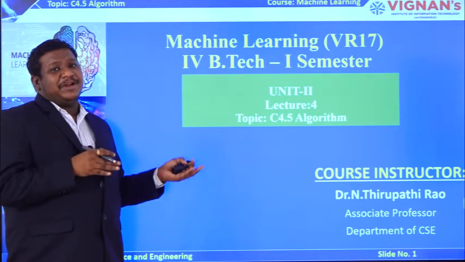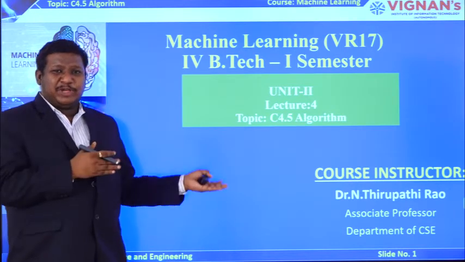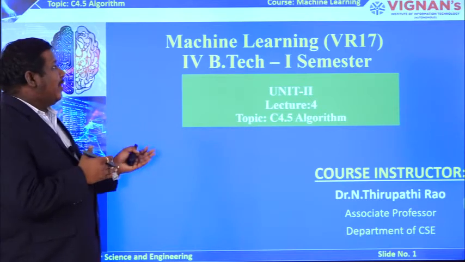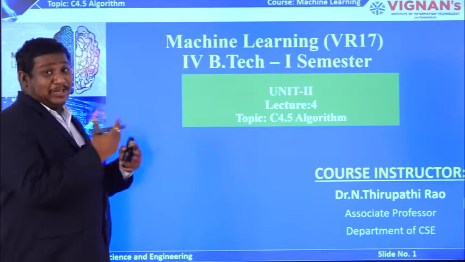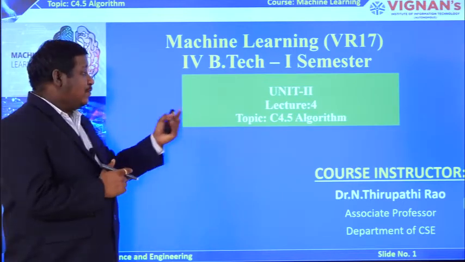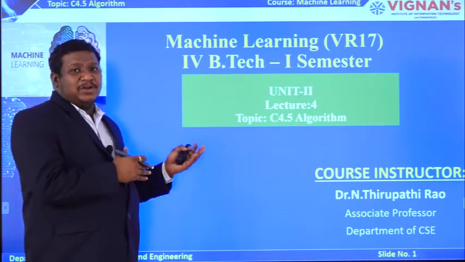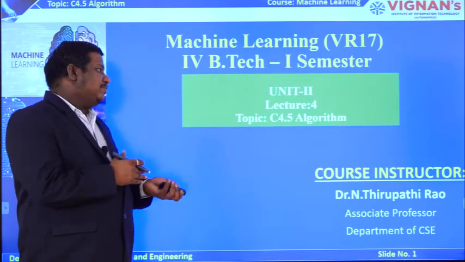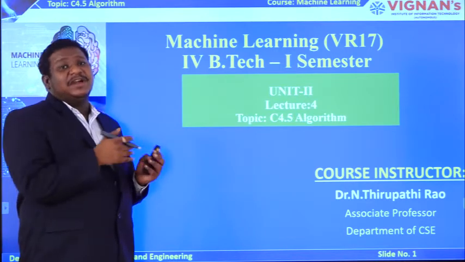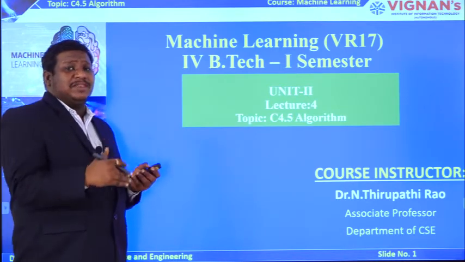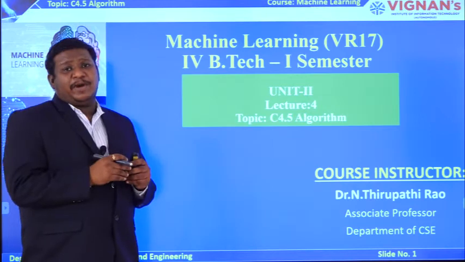In our last lecture we saw the important algorithm called the ID3 algorithm, which is also called the Iterative Dichotomiser 3 algorithm. Today we are going to see another important algorithm in decision trees, and you can see this as an extension of the ID3 algorithm, that is the C4.5 algorithm. This algorithm was also developed by the same scientist, Ross Quinlan. You can take C4.5 as an extension of ID3, because many of the drawbacks identified in ID3 were solved by C4.5.